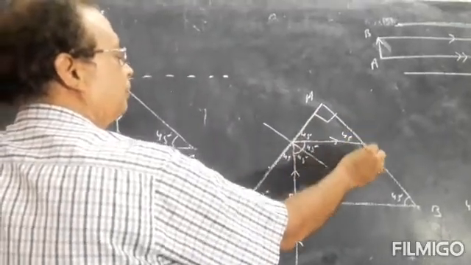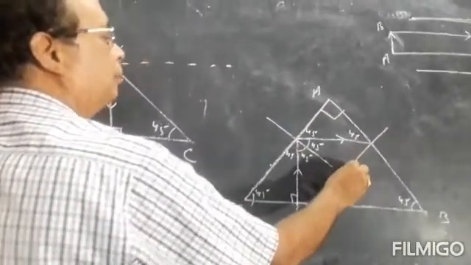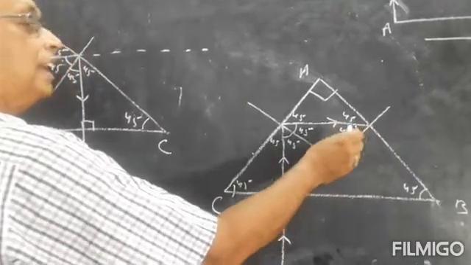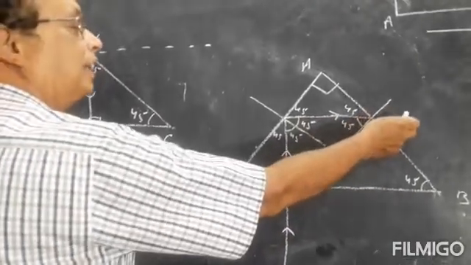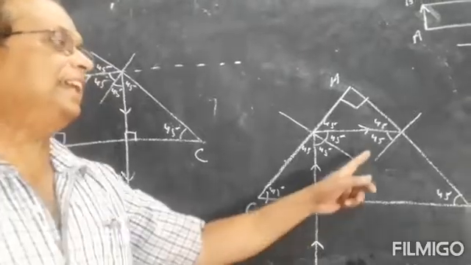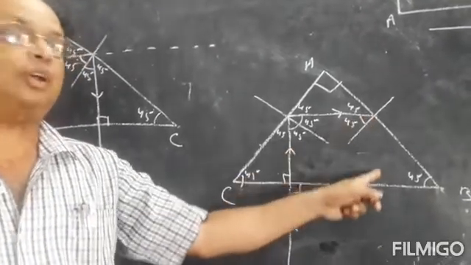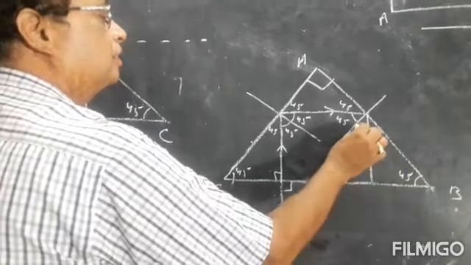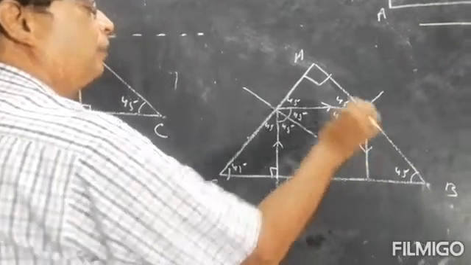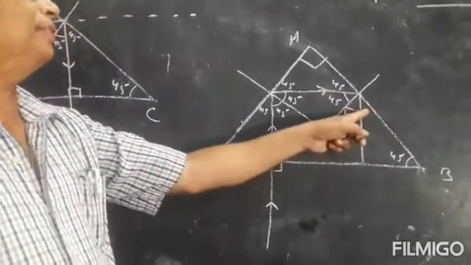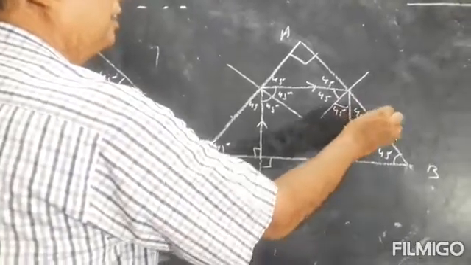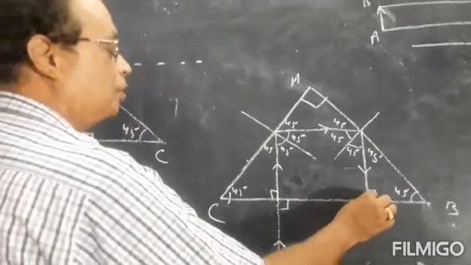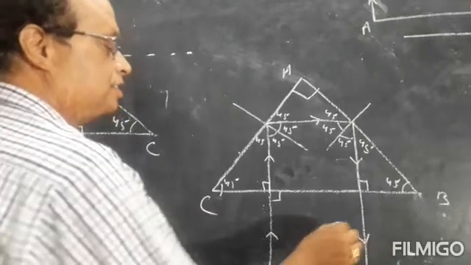So this is 45. Now you draw a normal here. This angle is how much? 45 degree. So again here light is going to pass from denser to rarer, and the angle of incidence is greater than the critical angle. So what will happen? Total internal reflection of light will take place. So how much is this angle now? 45 degree. Now 45. So how much is this? 45 degree. Therefore this is 90 degree. So how will the ray come out? The ray of light will come out this way.